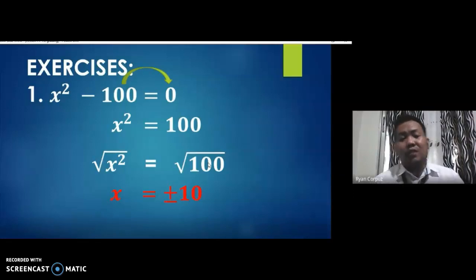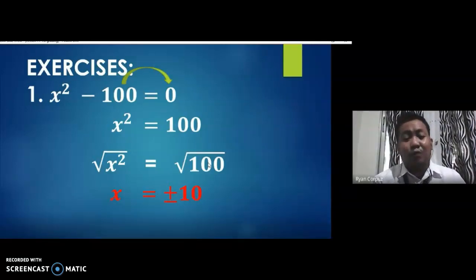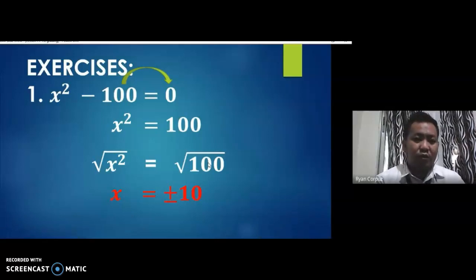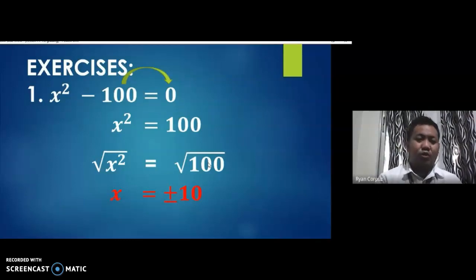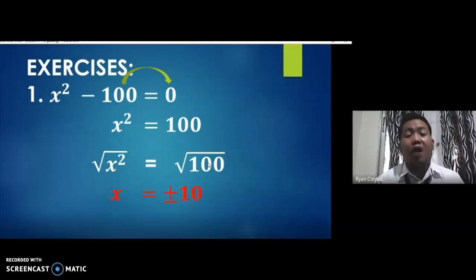But in solving a quadratic equation, it's not only the positive root that is important, but also the negative root. That's why when you solve a quadratic equation by extracting the roots, the answer is positive and negative 10. So the solution to the equation x squared minus 100 is equal to 0 is or are positive 10 and negative